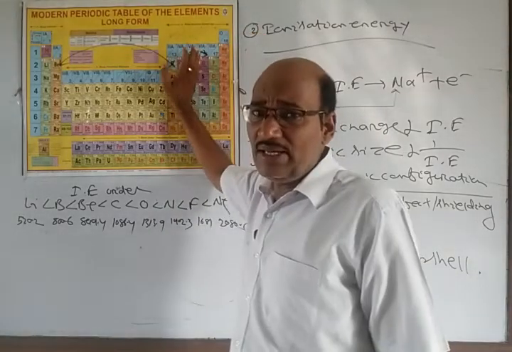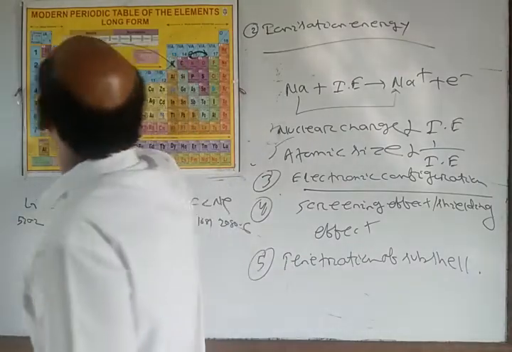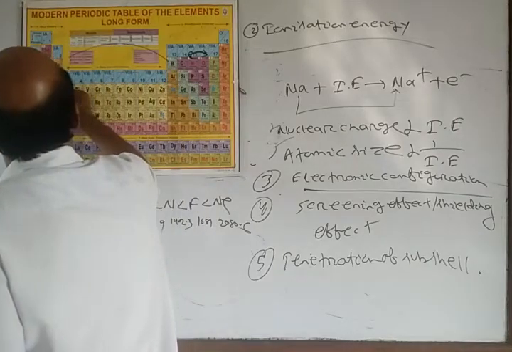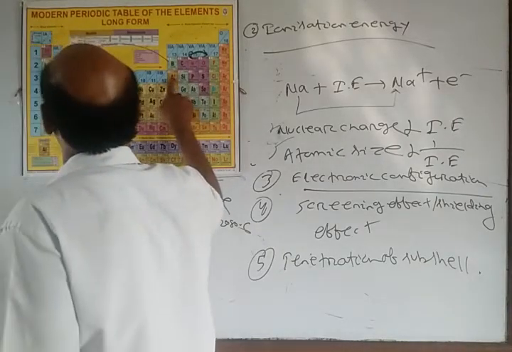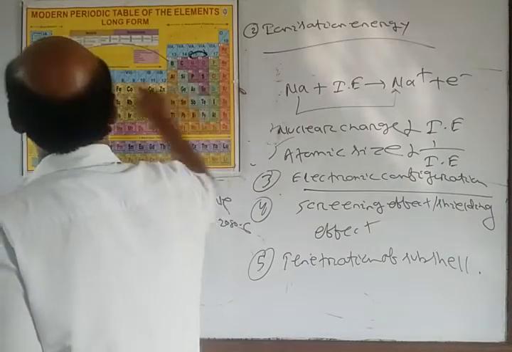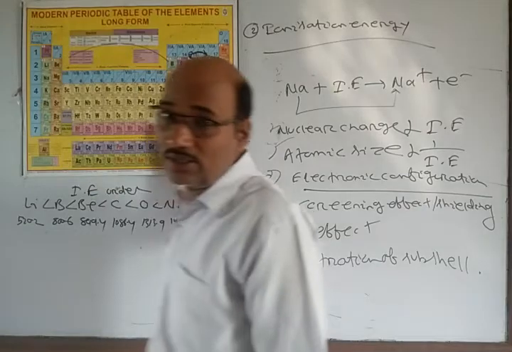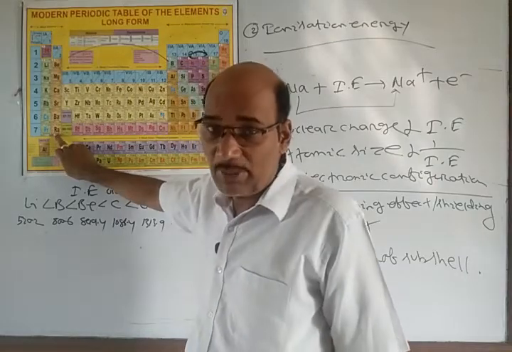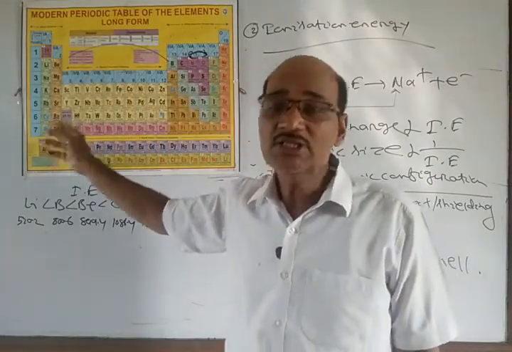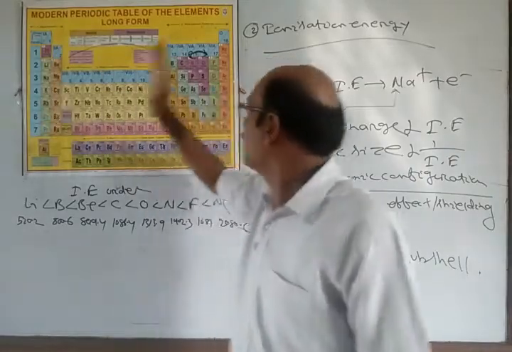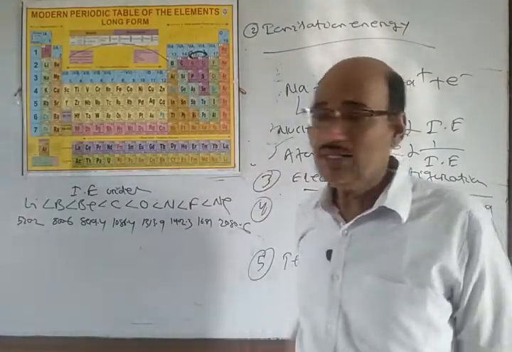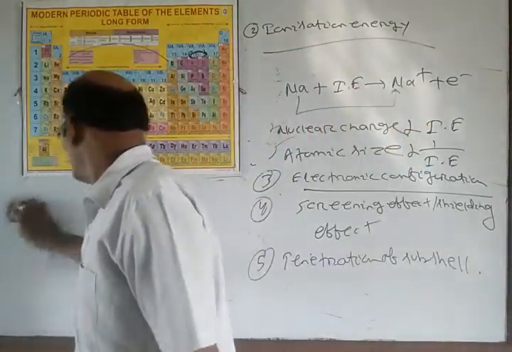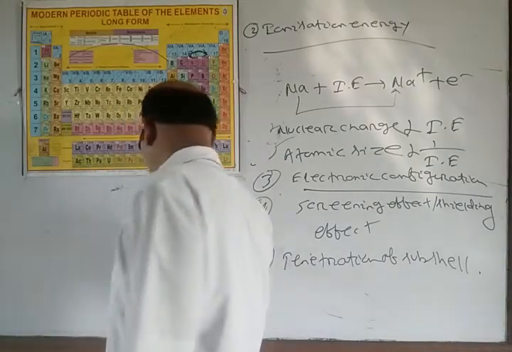So in this way, also you can compare here beryllium 899, 800, 737, 577, 598, 578. That means the elements of group 2 have a higher value of ionization energy as compared to group 13, and group 15 more than 16. Normally it increases. This is due to stable electronic configuration.